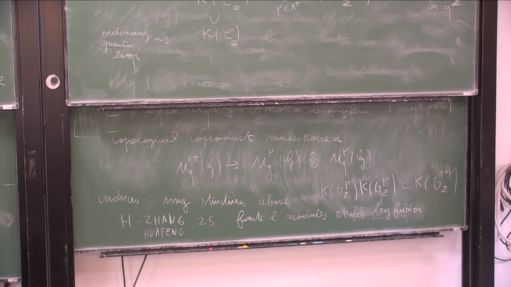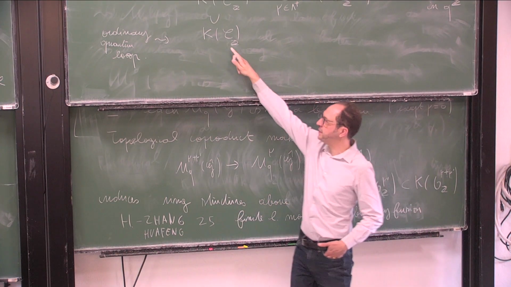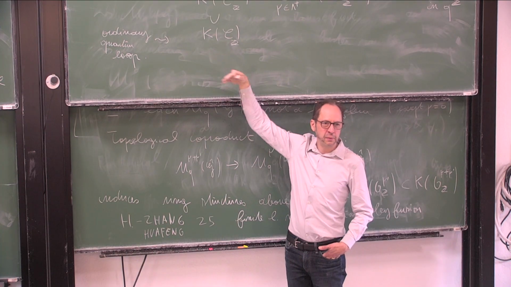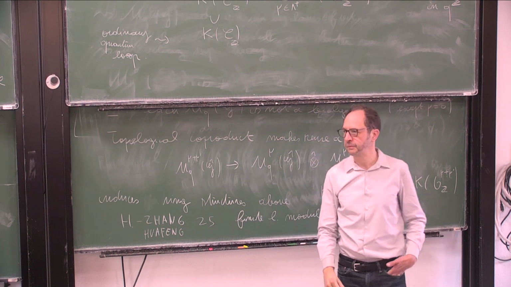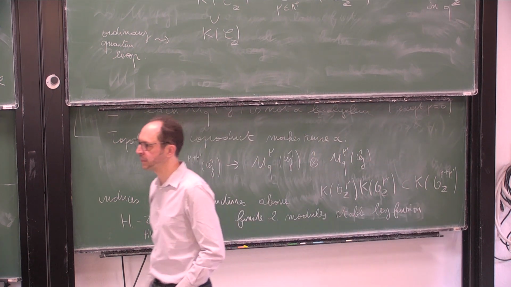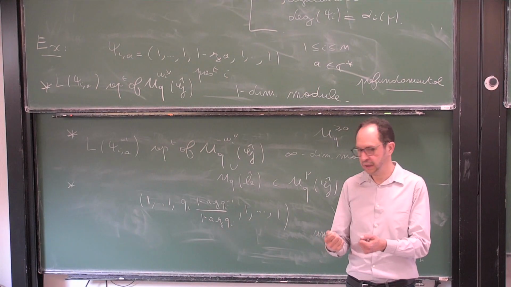Is it known whether this product on the K-ring is the same one that you get from Sasha's work? Yes, it's compatible with Q characters. You have Q characters, and if you restrict to the Grothendieck ring of usual representations, then it's what you know. It's not the same monoidal structure, just the composition factors are the same, right? At the level of Grothendieck ring, it's the same. But if you go to the categorical level, it's not the same.